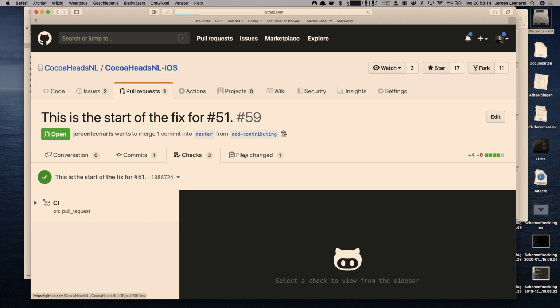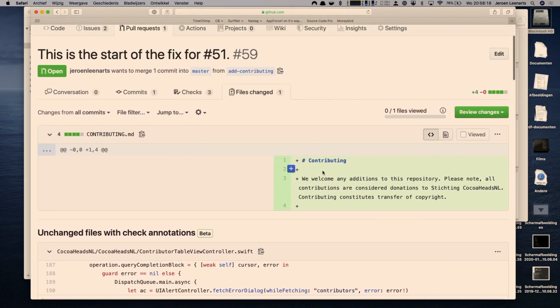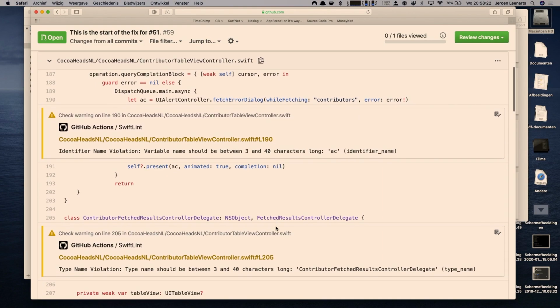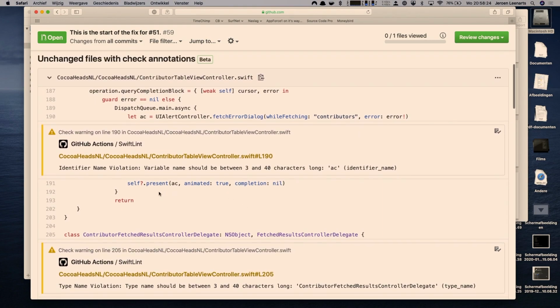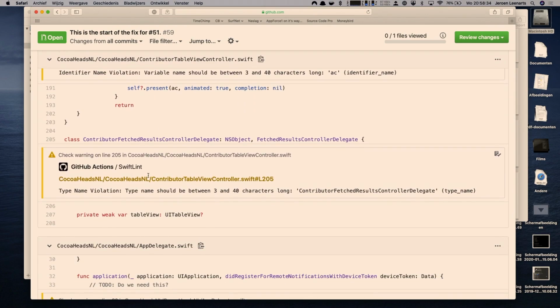But the file changes, that's of course the interesting bit, because this is the actual change. SwiftLint has some complaining to do, and you now get this. So it doesn't agree with this identifier name. Well, I can agree to that. Type name violation.